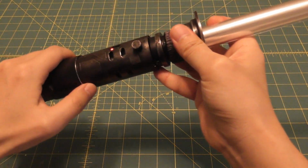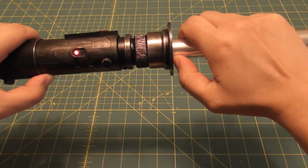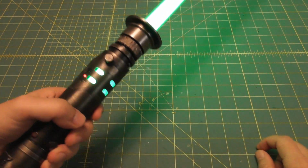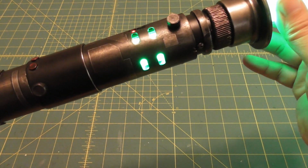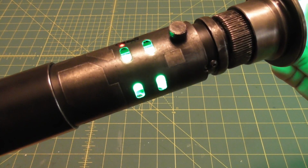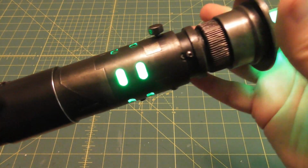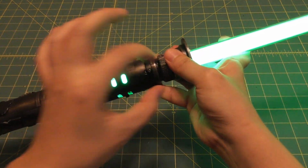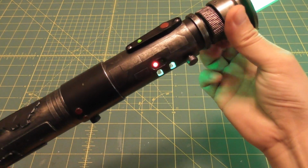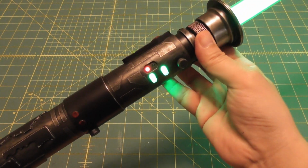So the blade goes all the way down to here, so unfortunately it shortens the blade by, I don't know, 4 or 5 inches. When you look in there, you can actually see, well, I can't really see in the camera, but maybe a little bit, that there's space on the sides, so it kind of gives the impression that there's some energy beam going up the center. I mean, if you want to think about it in those terms, but it doesn't drown out the accent LEDs, which I was kind of afraid that it would do,